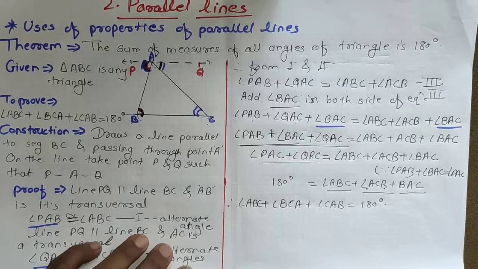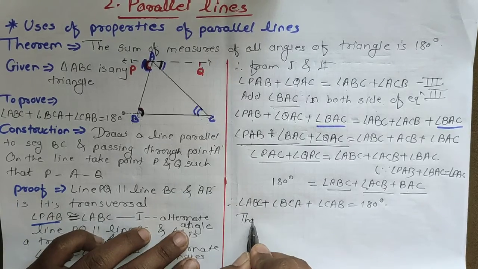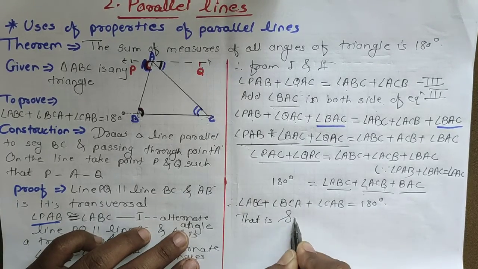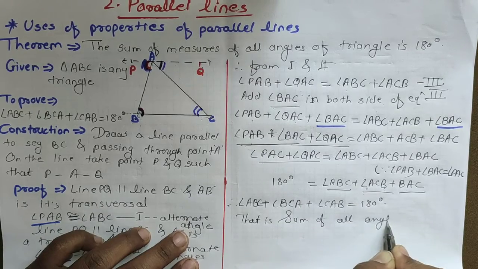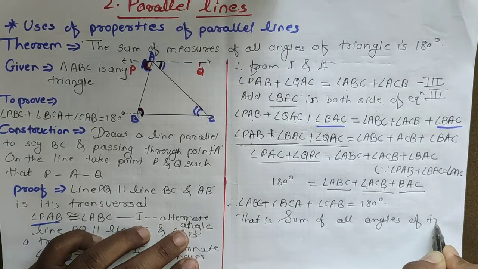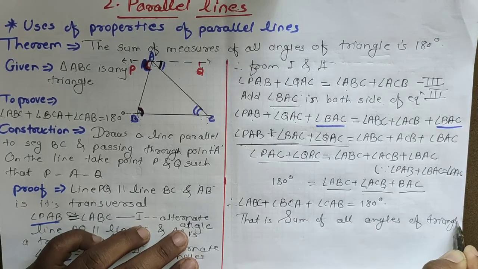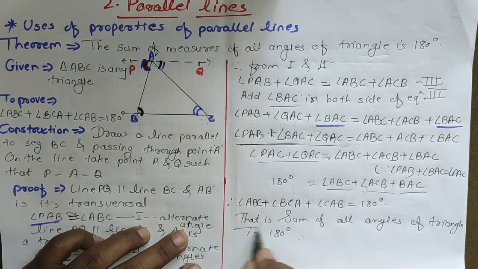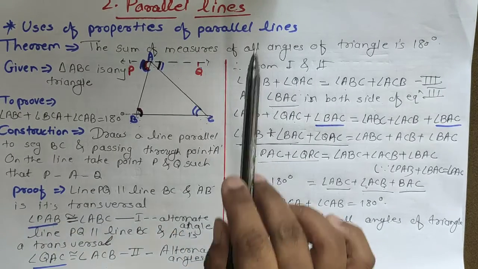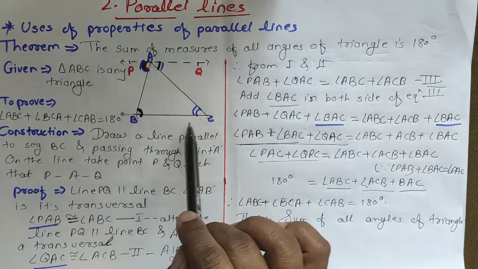And from this we said that the sum of all angles of a triangle is 180 degrees. So by using the properties of parallel lines, we show that the sum of all angles of a triangle